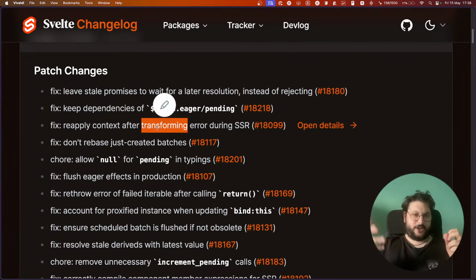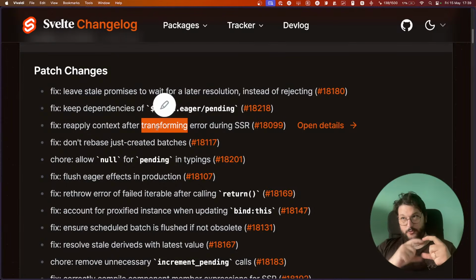You can do that when you are rendering, so if you invoke render from Svelte server, you can transform. And the problem was that the context was not reapplied after the transformation, which meant that the component was not working properly, the boundary was not working properly.